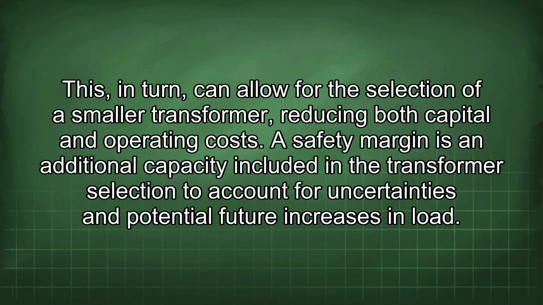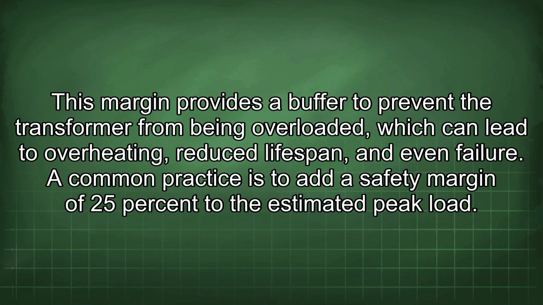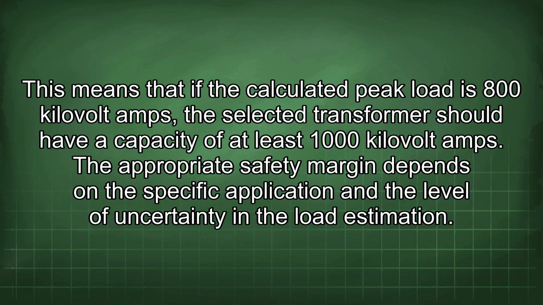A safety margin is an additional capacity included in the transformer selection to account for uncertainties and potential future increases in load. This margin provides a buffer to prevent the transformer from being overloaded, which can lead to overheating, reduced lifespan, and even failure. A common practice is to add a safety margin of 25% to the estimated peak load. This means that if the calculated peak load is 800 kV, the selected transformer should have a capacity of at